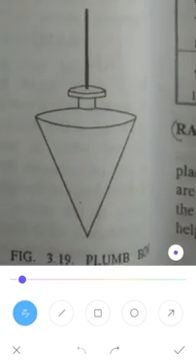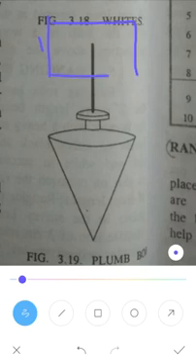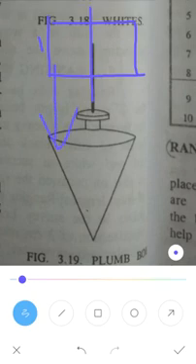This is the plumb bob. Here, one wooden piece, exactly square, is taken, with the string attached exactly at the center. So this point and this point will be the same.